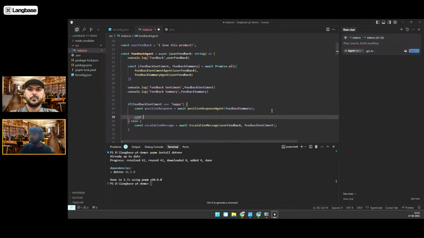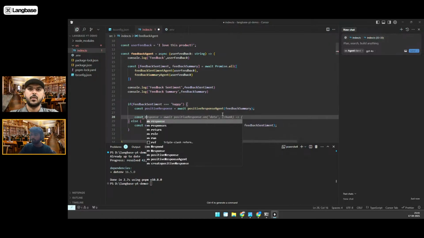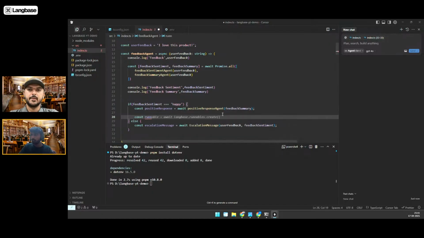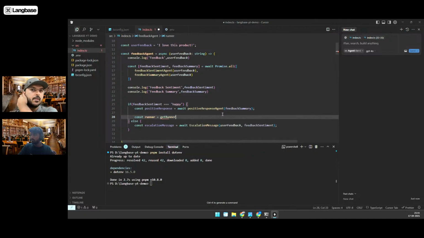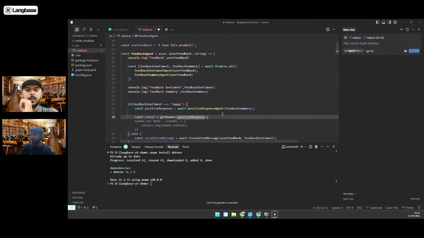Now, as you know, for the positive response we have made stream true. So we have runner functions to stream the response to the user. So I am calling that runner function, and it will just